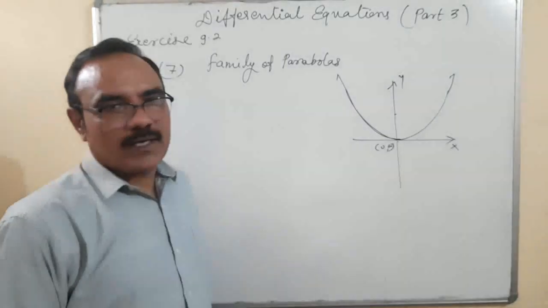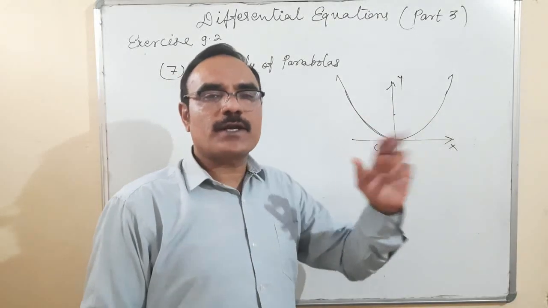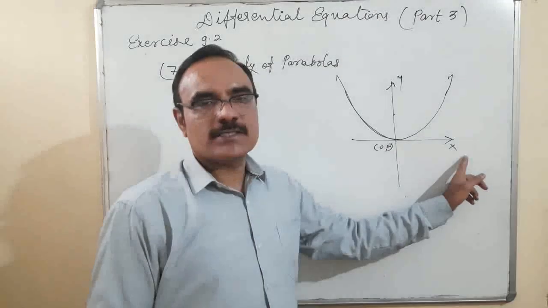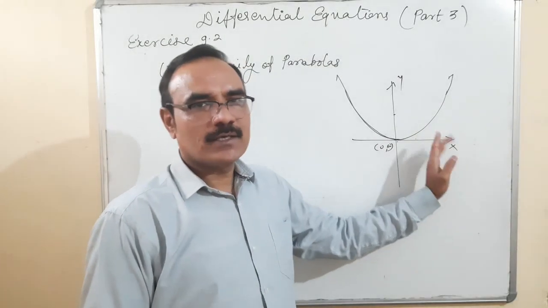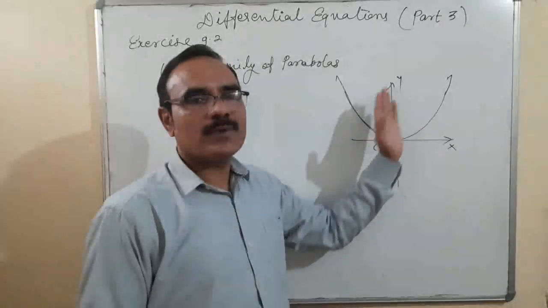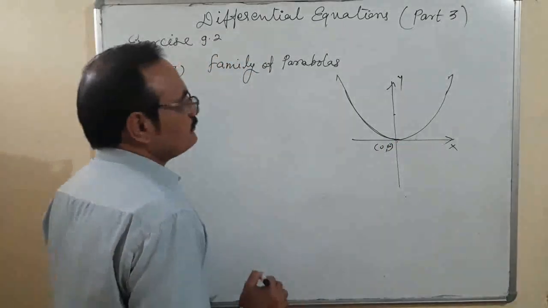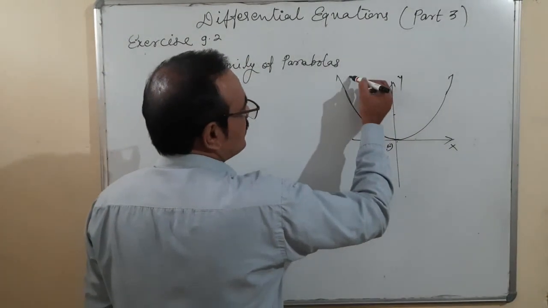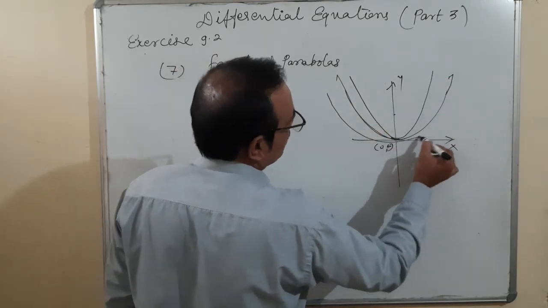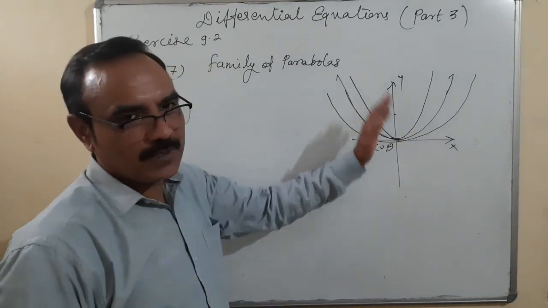So you will remember, I think in one of the lectures I told you that there are 4 conditions of the parabola. When the focus is on the x-axis, y square is equal to 4ax, that side y square is equal to minus 4ax, x square is equal to 4ay, and x square is equal to minus 4ay. Okay, because the family of parabola can be extended like that. This will not change, that will not change. Okay, so we are finding the family of it.